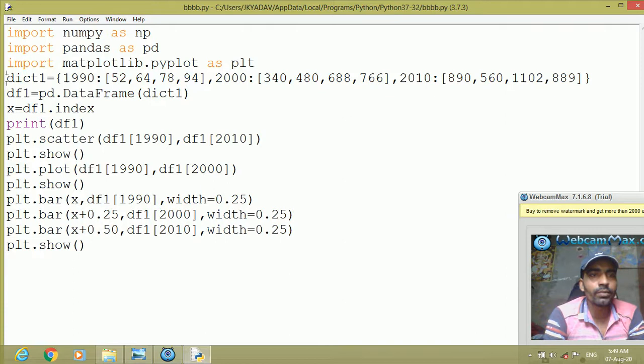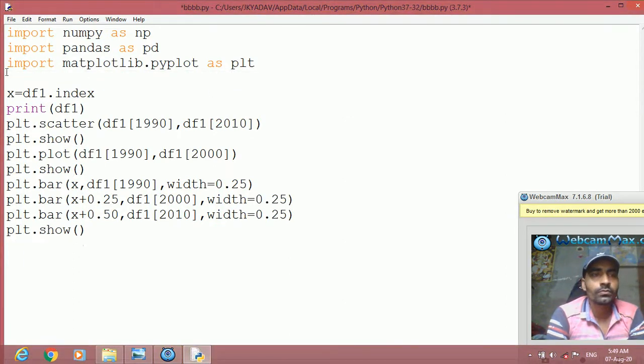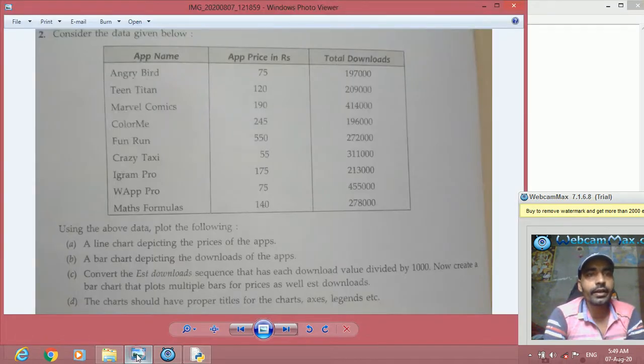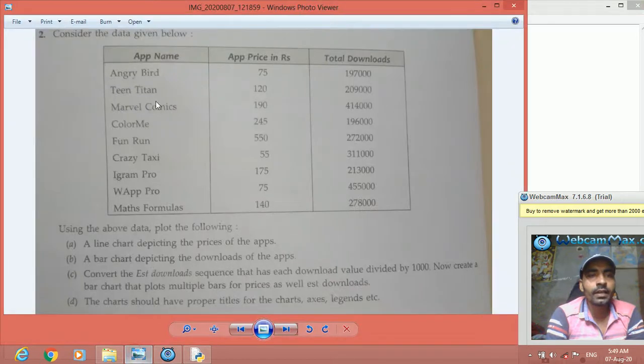We just remove this. Let us just directly write. First list is app name. So let us write app_lst equal to the app names in the form of list. Angry Bird, Teen Titan, Marvel Comics.